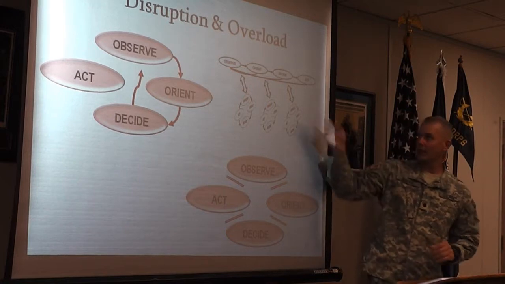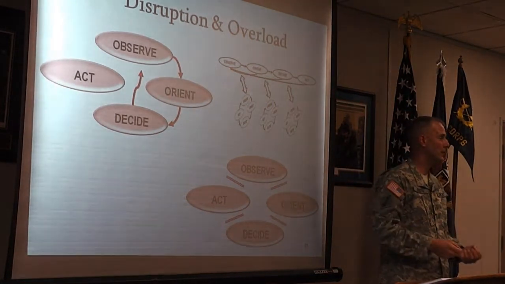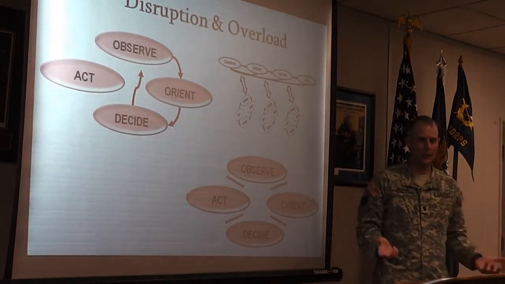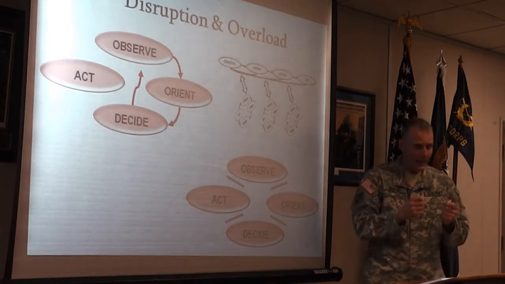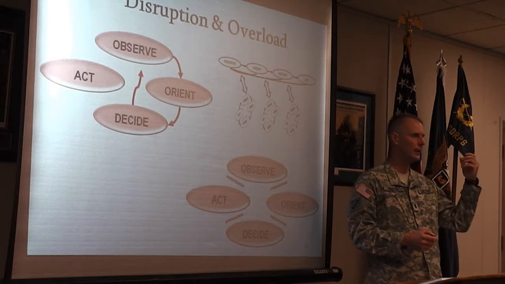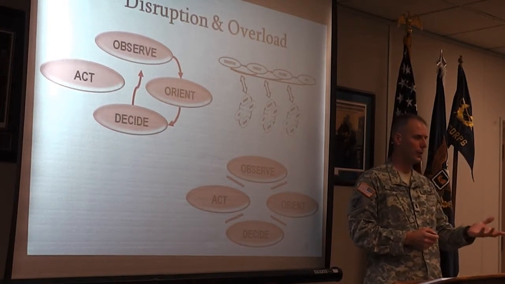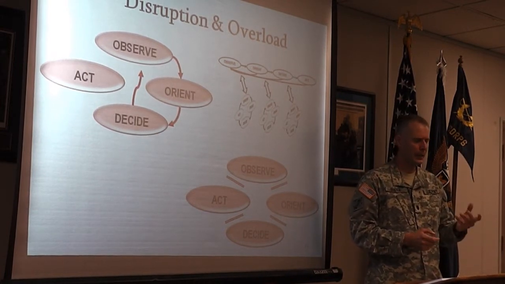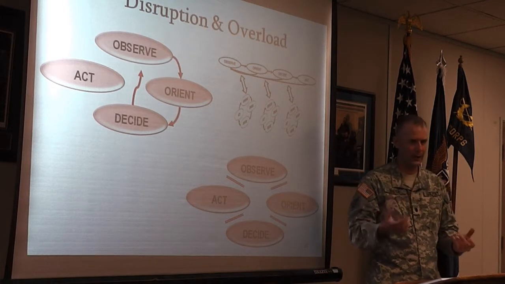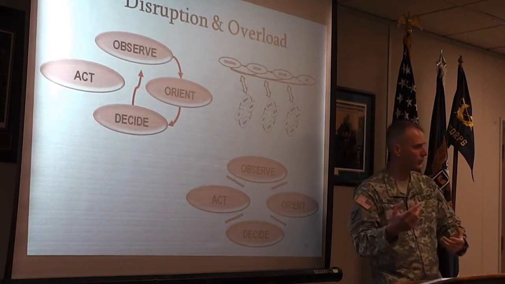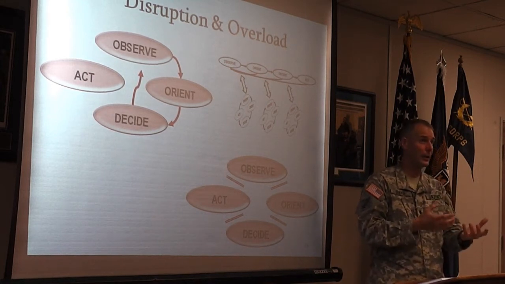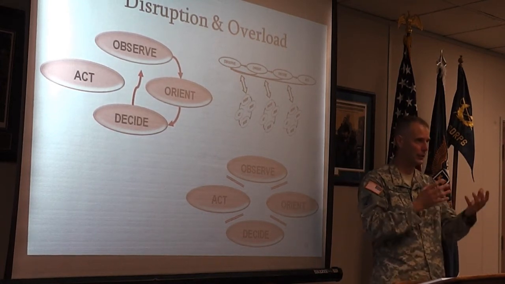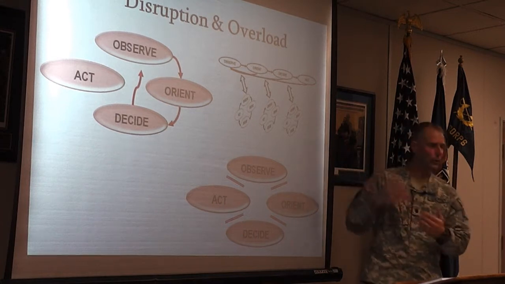All right, take for example what we saw happen to the defense counsel. The defense counsel was sitting at the table, minding their own business, just waiting to attack the victim's credibility, and all of a sudden they have this issue with, they're undermining the theory of credibility. And then, wait a second, what about this back door? Can I attack the back door? So they start one OODA loop, they don't finish it, and then they have to start another one. And then as they're going through that loop, they're thinking, oh my gosh, this is premeditation. This is an entirely different theory of the case. They're on OODA loop number 3.